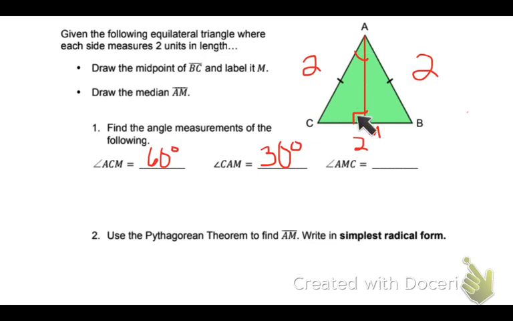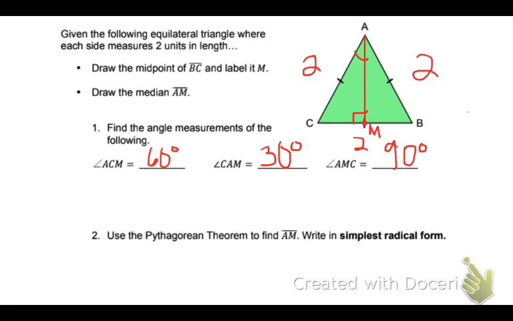Well, what are we left with for the last one to be? 90 plus 90 is 180. So that tells us that this last angle is 90 degrees. I know it's been a while since we've done angles, so it might be kind of a refresher, but